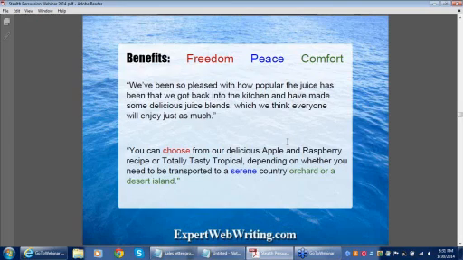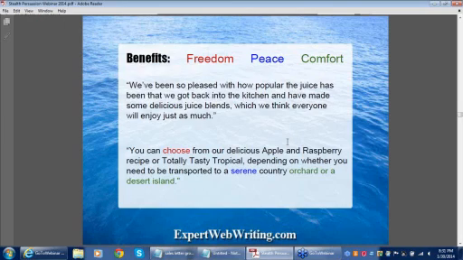It's not really important to them whether the kitchen is high-tech or low-tech or how delicious everything is, but it's whether they have choices. It's whether it's peaceful. It's whether that makes them feel comfortable. It's whether it takes them to another place. And that worked really well for them, and they were really happy with that rewrite.